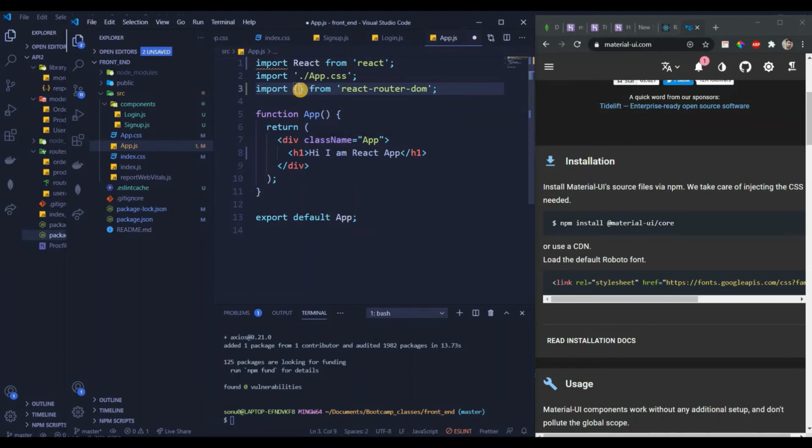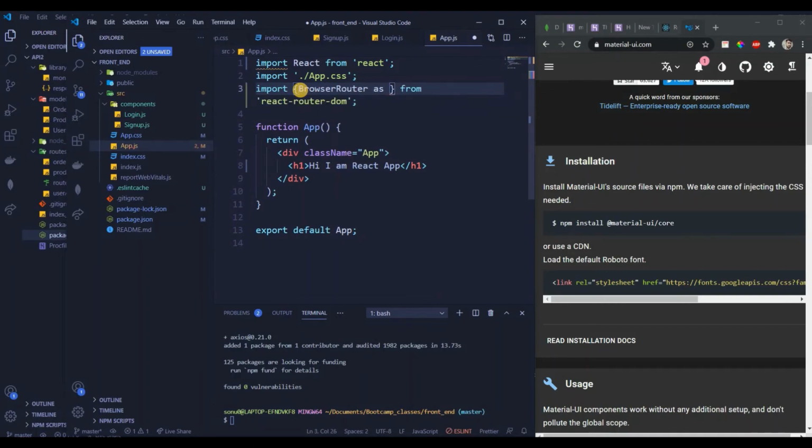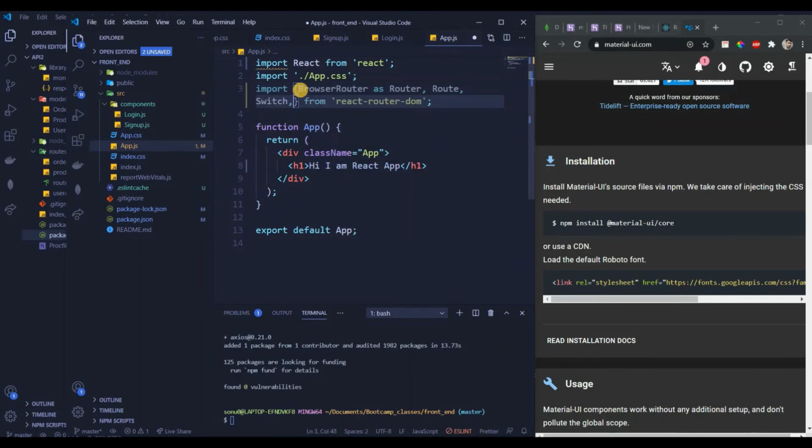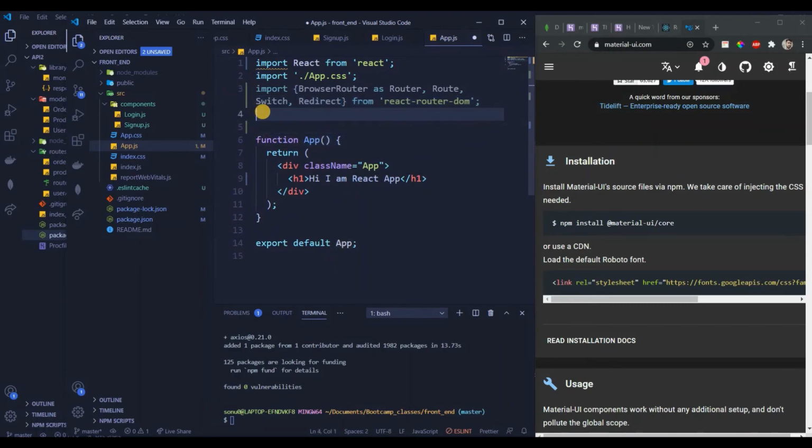Those are BrowserRouter as Router, comma, Route, comma, Switch, and then there is one more called Redirect.